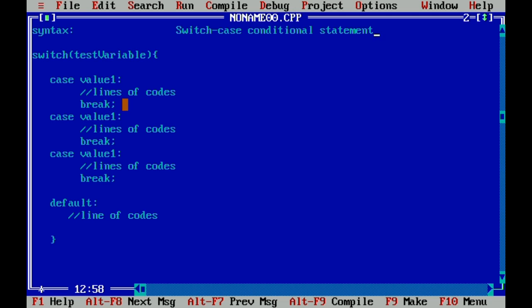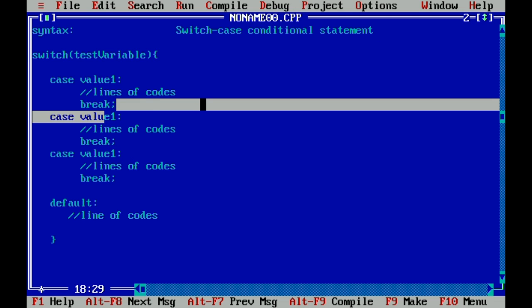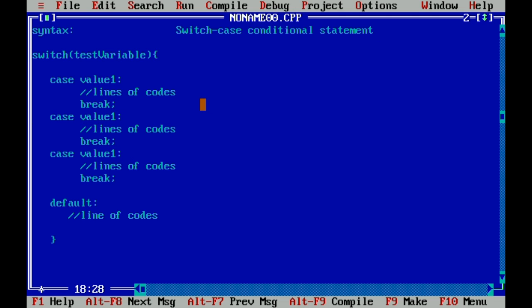Every case statement is always followed by a break before proceeding to the next case. You can have as many cases as you want, with different values for the case up to the nth value.